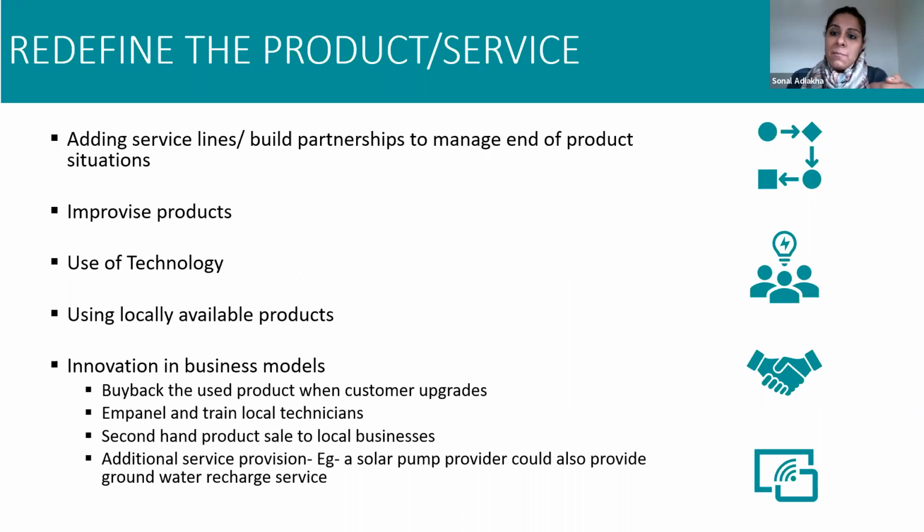So the very first step was to use technology and understand what is the problem in the system. Does it actually need someone to go there, or can it be handled remotely? So that's how technology helped us in A, reducing our operational cost, and B, also reducing the impact on the environment. The other thing that I want to talk about is locally available products, as these help you reduce cost, reduce emission. So if there is availability of locally available products, procurement should be carried out in such a manner so that these are relied upon.